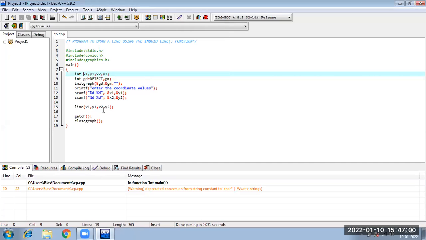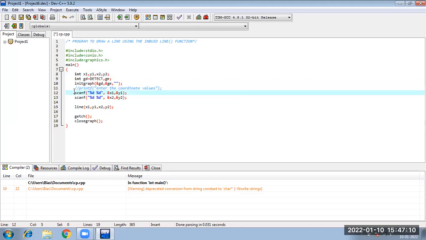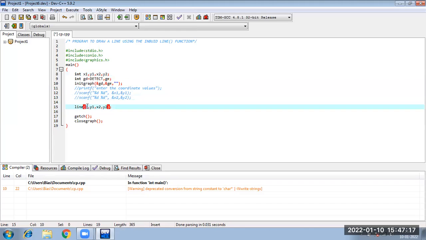Now you must have seen when I ran this program, instead of taking the value from the user, you can specify the value inside while you are writing the function only. Like here, if you wish, you can specify also.